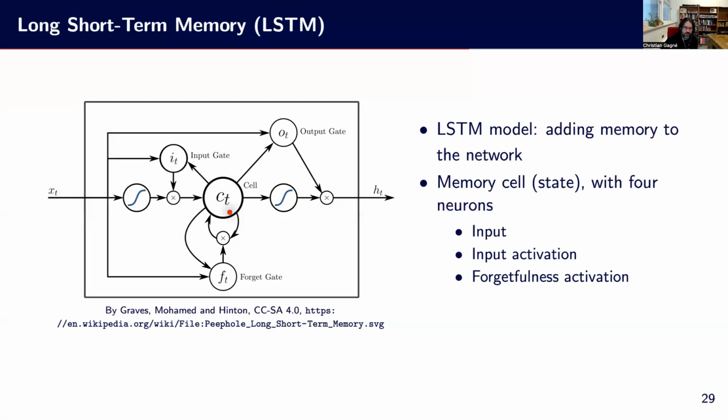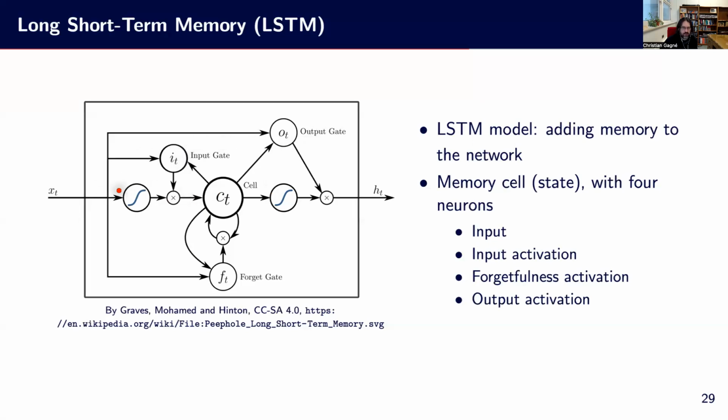So that's a different way to say we can just replace the current cell with the new input by forgetting everything and using the input directly as much as possible. And we also have the output activation, which is like mixing up both the cell memory values and the X value. So we can have some kind of pass-through